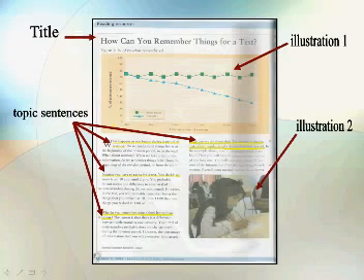Okay. I would strongly advise you to highlight or underline those topic sentences, because if you do so, you would not have to read the whole text in the beginning. Just start with those, okay?